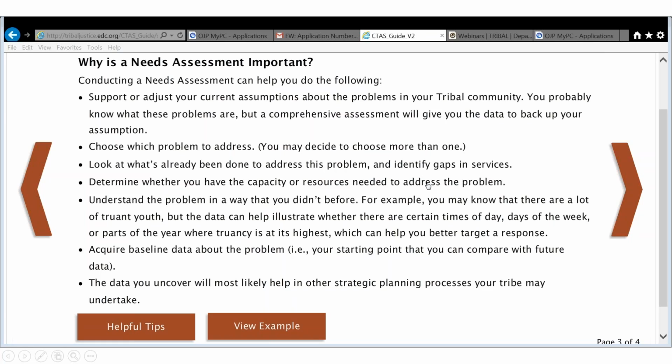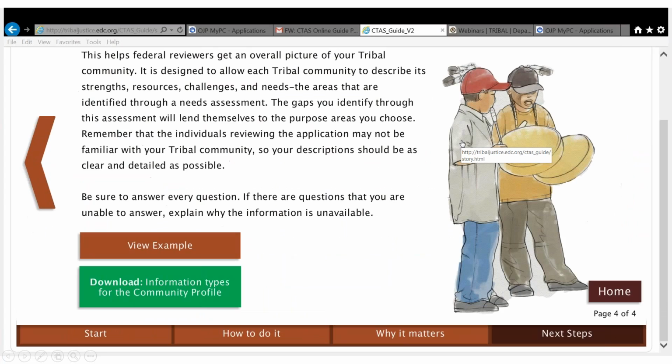So you'll have these resources that you can go to that really help you figure out how to understand the problem, and kind of what has been done, and how to assess the gaps and where you need to improve. So definitely please use this information in the tool to your advantage. Again, it really helps us as federal reviewers to get a good overall picture, because the more we know about